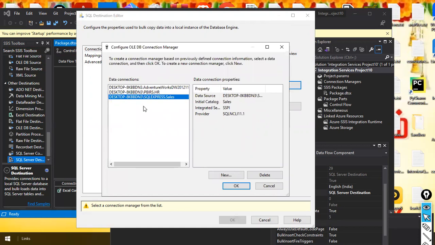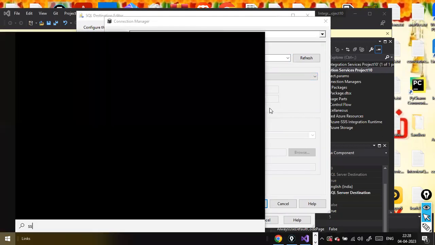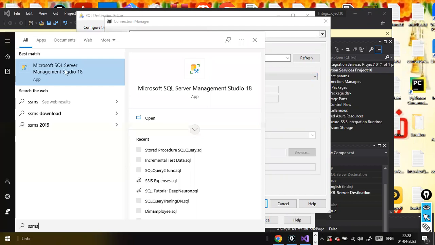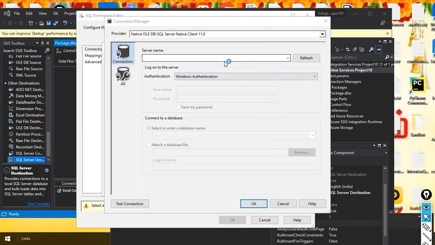Okay, this is not there. Now it got corrupted. One second, my database name. I need to create a new database here. Okay, one second. This is your SSMS. I forgot the server name. Recently the SQL Server crashed and I had to reinstall it, hence I could not recollect the server name.